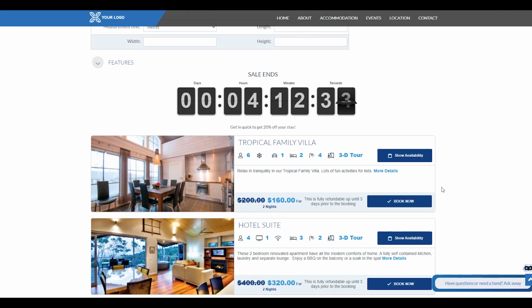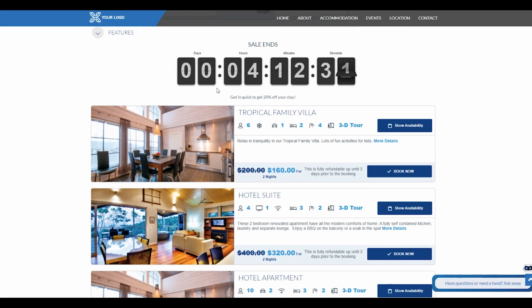Newbook Online Sales pop a countdown timer on your website, counting down the time a discount is available for your guests to book. This creates a sense of urgency, prompting your guests to book now rather than potentially reviewing their